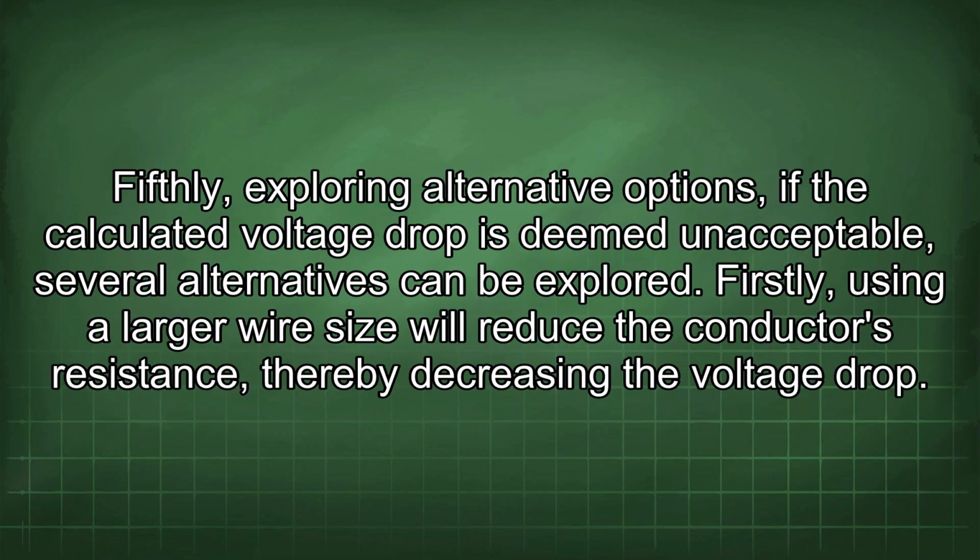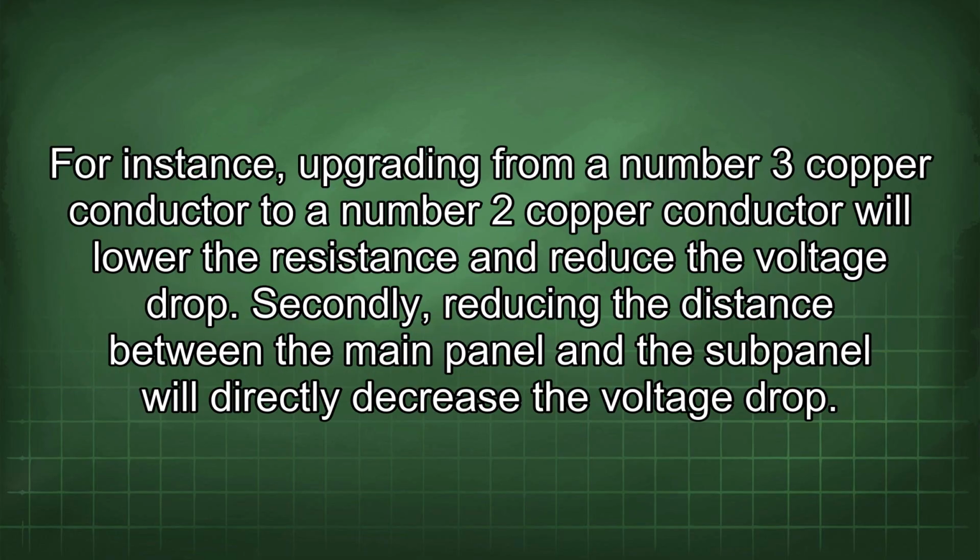Fifthly, exploring alternative options. If the calculated voltage drop is deemed unacceptable, several alternatives can be explored. Firstly, using a larger wire size will reduce the conductor's resistance, thereby decreasing the voltage drop. For instance, upgrading from a number 3 copper conductor to a number 2 copper conductor will lower the resistance and